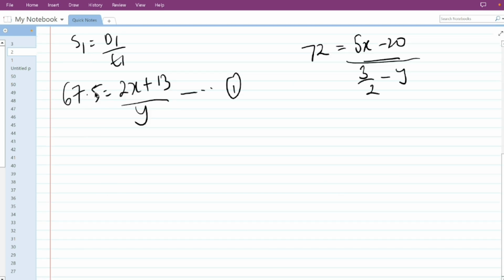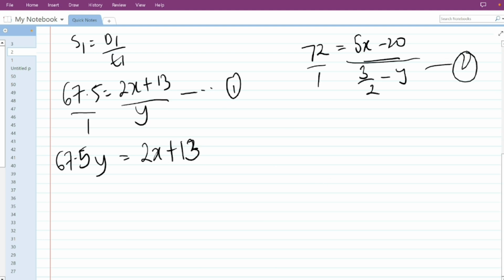We want to make this equation with a fraction a plain math, so we cross multiply on this side. So we can say 67.5 times y, we cross multiply, then 1 times 2x plus 13. So we have 67.5y equals 1 times anything is that thing, so you have 2x plus 13 on this other side. Then you have this as 72 over 1, that's our equation 2. Our equation 2, we can still write 72 over 1 equals 5x minus 20 over